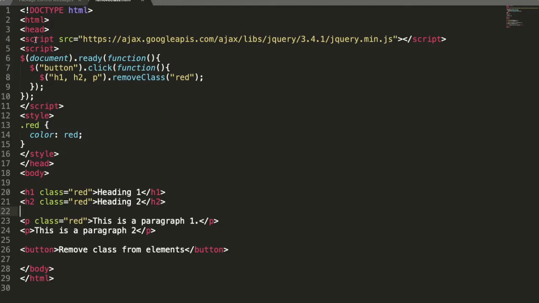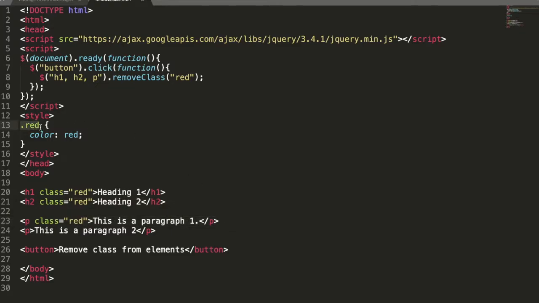So this is a CDN library, the jQuery library, which I am including here, and here I am making a style for this heading 2 and this paragraph.